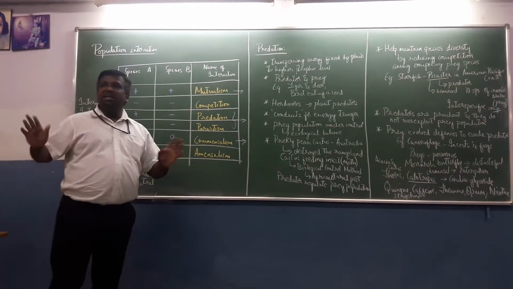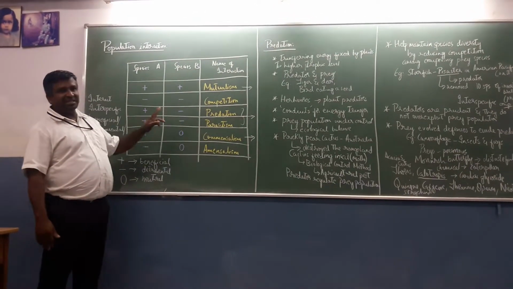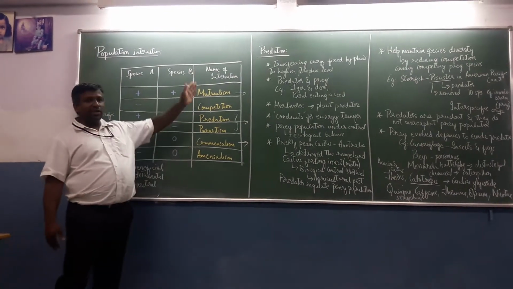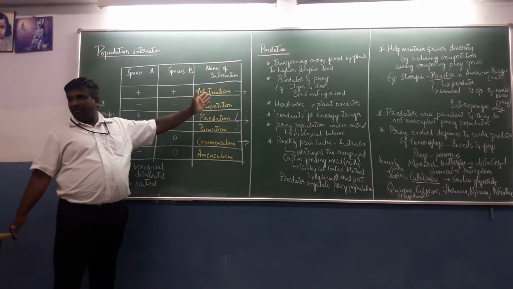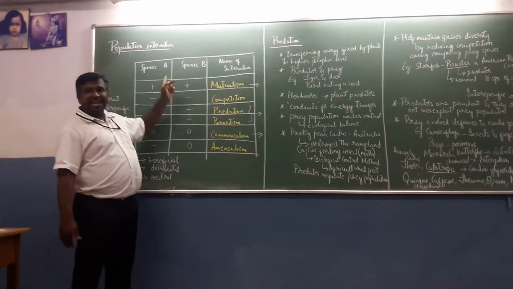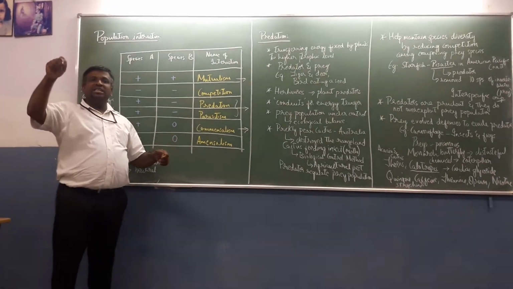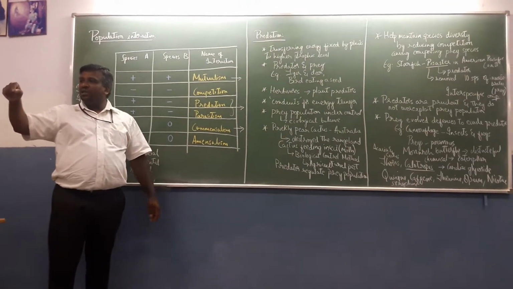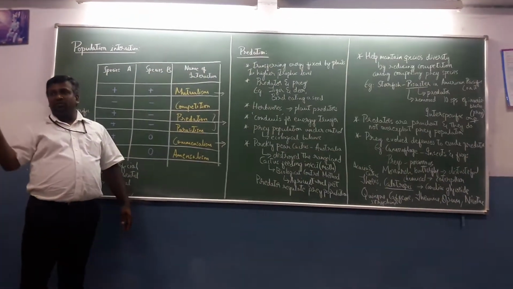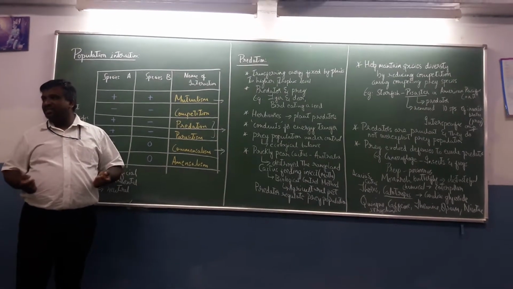So now, whenever we are studying different types of population interactions, we have comparisons between species. So what are the population interactions that we are going to study about? Mutualism. Symbiosis also comes under mutualism, where both species A and species B are benefited. Like a crow seated on a buffalo, they feed on the parasites of the buffalo. So the crow gets food, and the buffalo is rid of its ectoparasites.